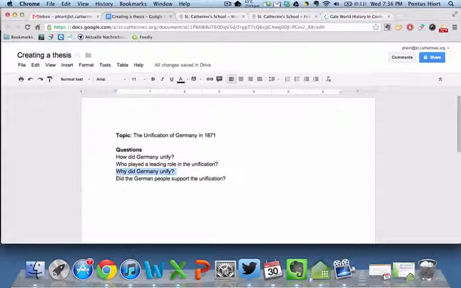That doesn't mean that I can't include these other questions and the other information in my essay. But what it means is that this question right here, why did Germany unify? I'm going to bold that. Why did Germany unify? That is going to be the main focus of my essay, and it will also be the basis for my thesis. So now, as I told you in the instructions, I have to take this main question, why did Germany unify? I have to answer it. So after doing all this research, I've come up with the following answer. This is my answer. Germany unified because of